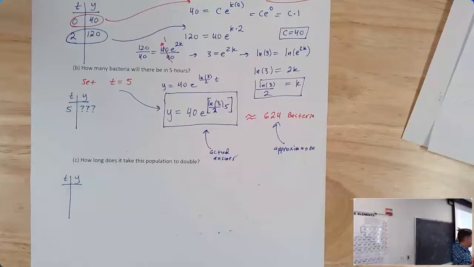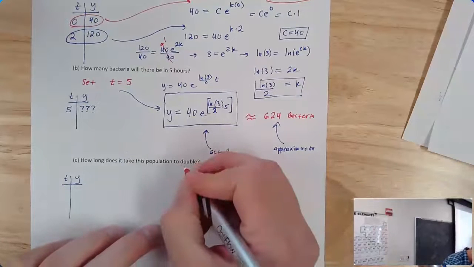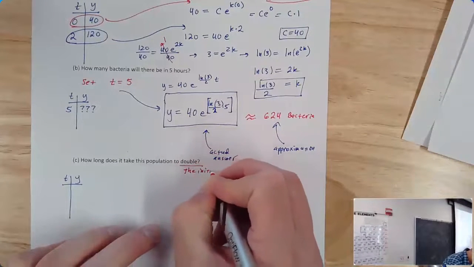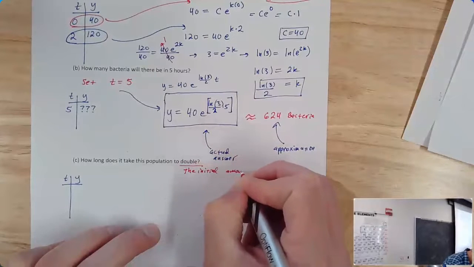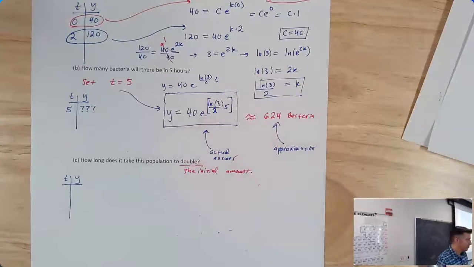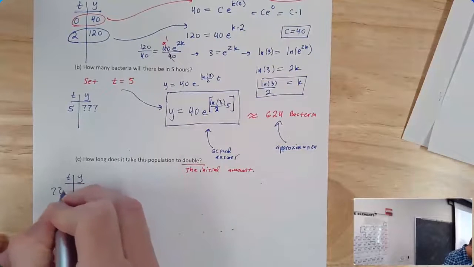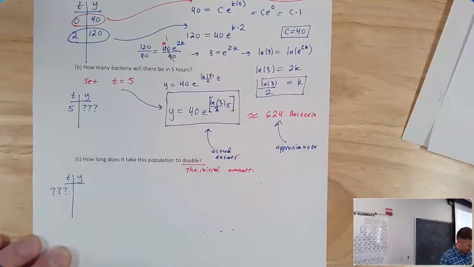That seems like more work than I want to do. So you should always double the initial amount, or whatever factor of the stuff you have. So if they said how long it takes to triple. Here we don't know how long it takes. That's what we're trying to find. And the amount of stuff is going to be